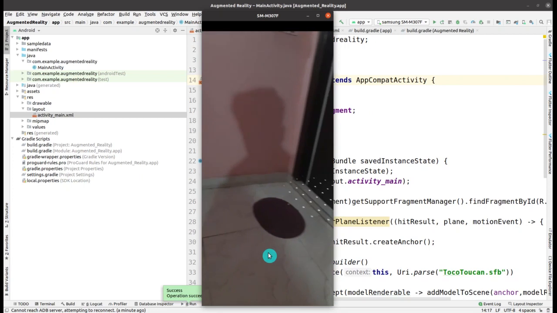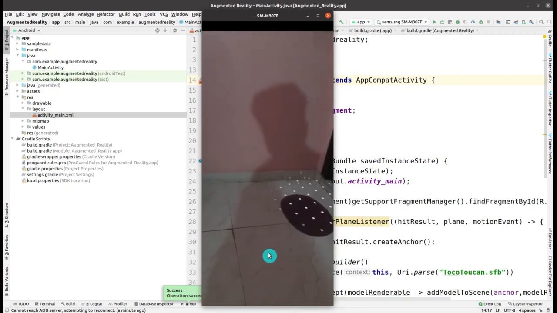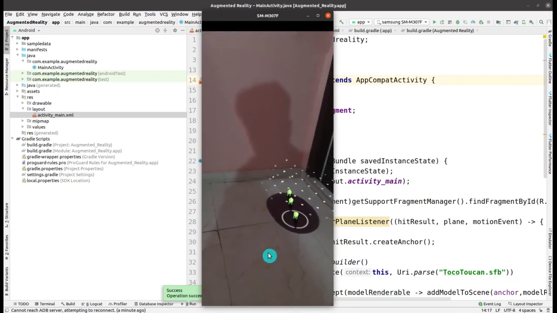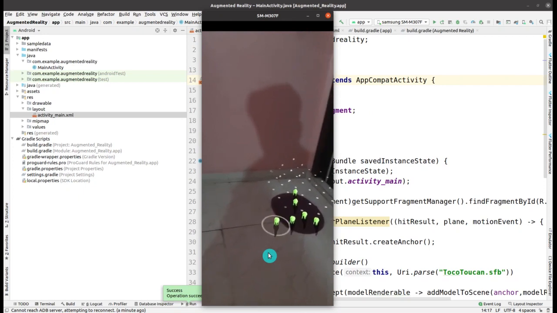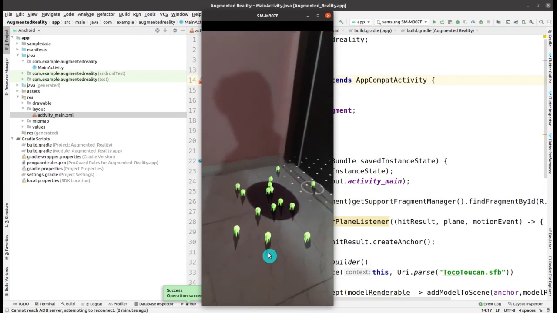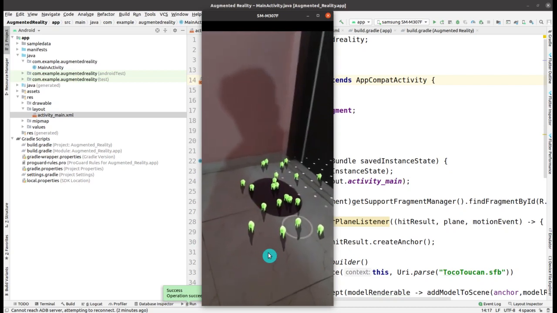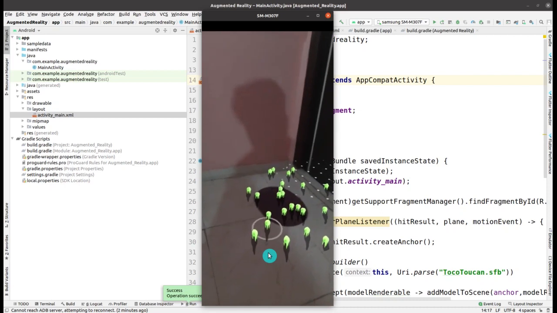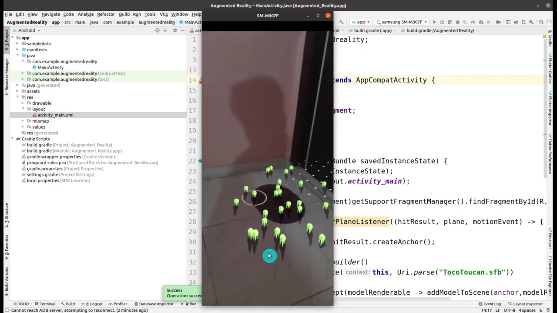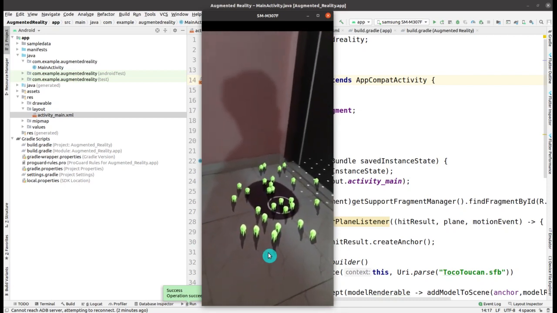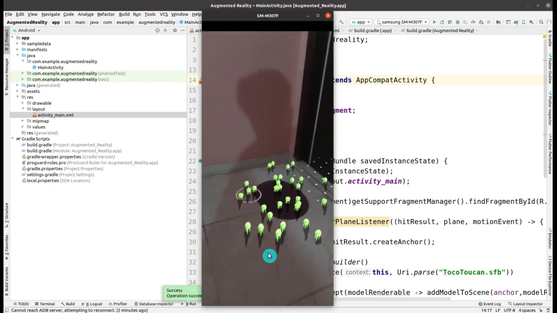First of all, you have to provide the permission for using the camera and taking pictures. Now you have to just move your device like that, and make sure you have this mat on the floor. It will be useful, otherwise you will not be able to see that. Now I'm just tapping on my screen, and you can see that it is duplicating these animals, and these animals are blue in color.